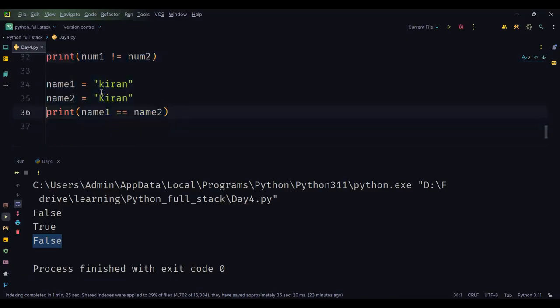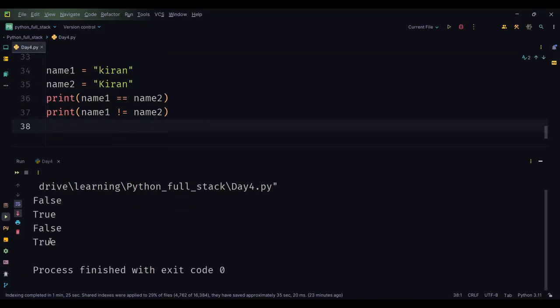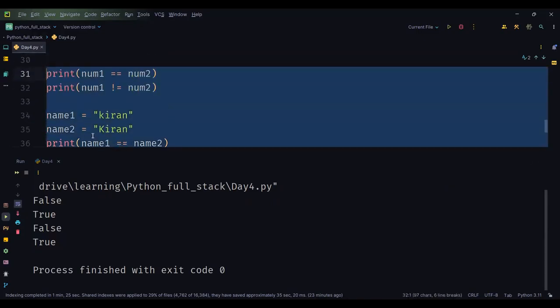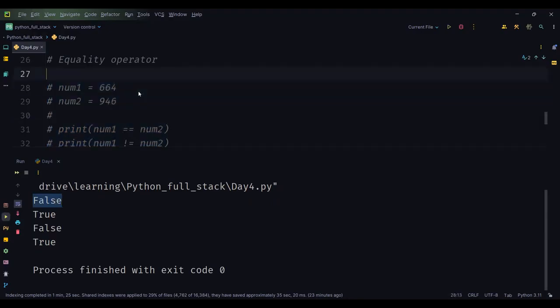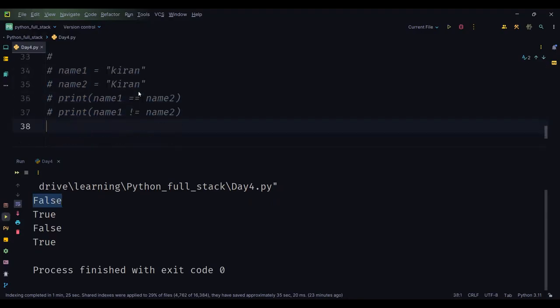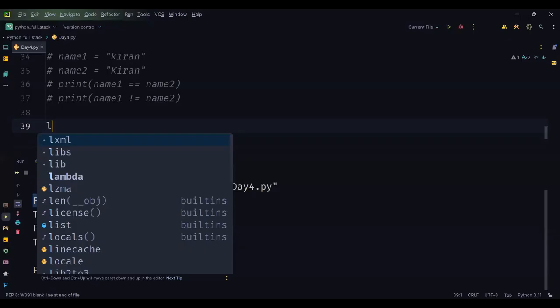Now, if I'm trying to give something like this, name is not equal to name, I'll be getting true here. Fine. So when it comes to this equality operator, comparison operator, what is the output? It's a Boolean data, right? Very, very important thing. They might ask in the interview these things. Fine. So what is the next thing? That is the logical operator. So when it comes to logical operator,